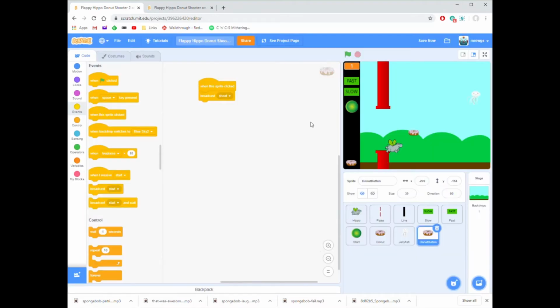And that's all I need to do for that, because I can then pick that broadcast up from the donut sprite and handle it doing the shooting. So that's all the button needs to do. I can now go to the donut sprite and say, when I receive shoot,